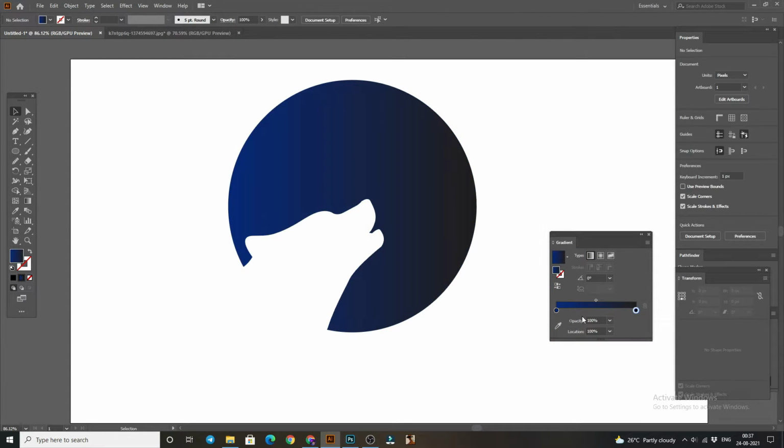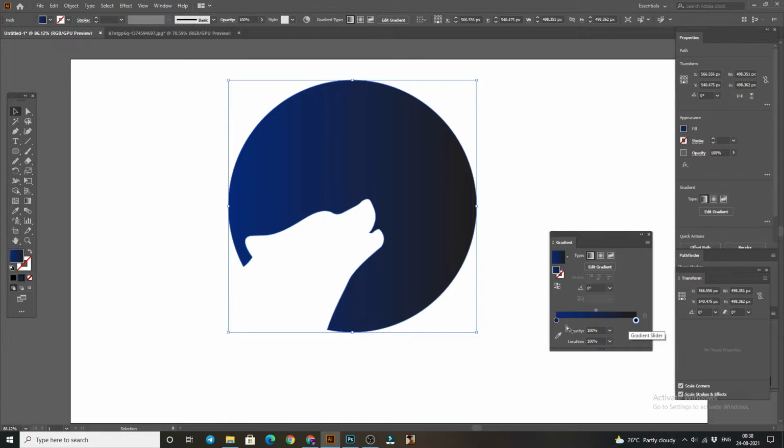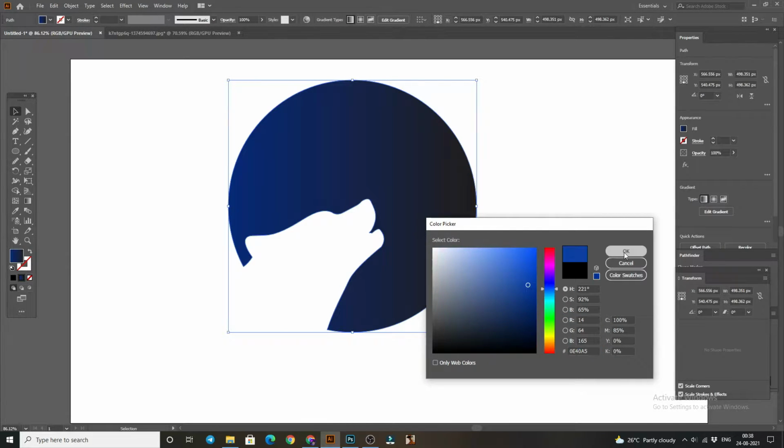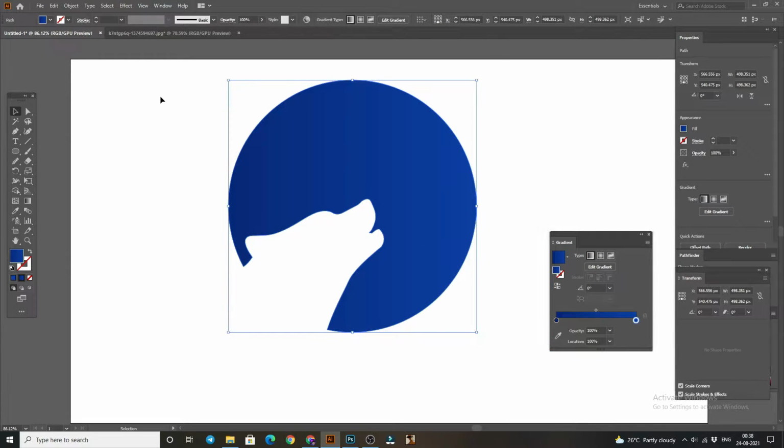In this slider we can make a duplicate and now delete this slider and make it here. Now select it and fill this slider with light blue color. I think it is looking quite good.